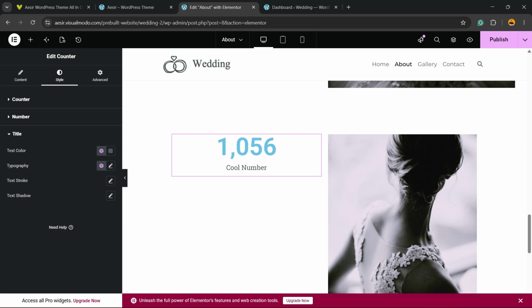Don't forget to hit the upper right corner of your screen publish button to save your change, and you're good